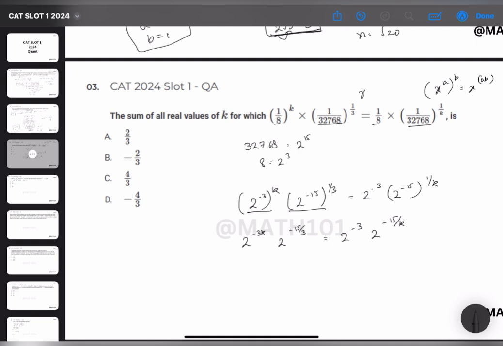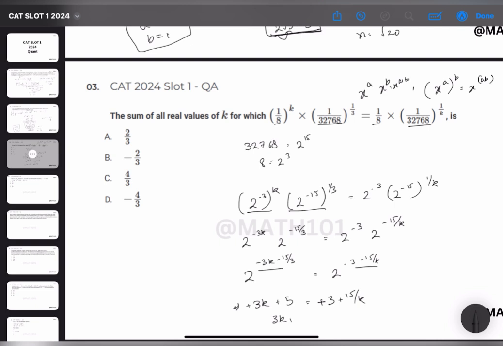And x to the power of a into x to the power of b equals x to the power of a plus b, which means this is 2 to the power of minus 3k minus 15 by 3 equals 2 to the power of minus 3 minus 15 by k. Equating the exponents, we get minus 3k minus 15 by 3, that is minus 5, equals minus 3 minus 15 by k. Multiplying by minus 1 on both the sides, we get